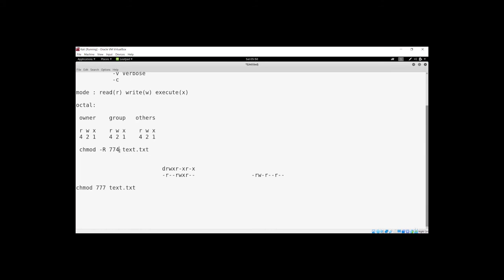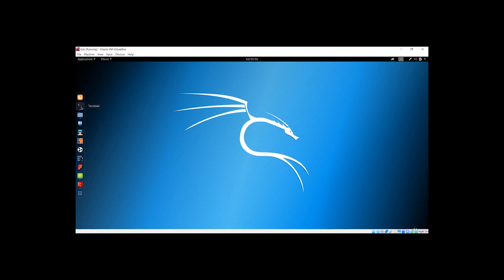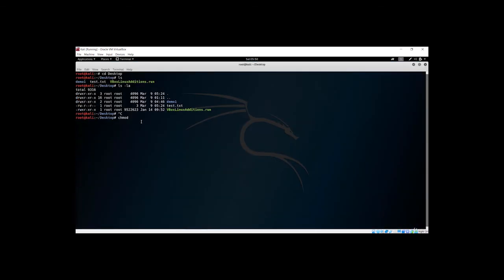Let me copy this and go to the terminal, and you simply say here chmod in recursive mode, 774 for that permission, and give test.txt, which is your file name that you want to give the permission to.